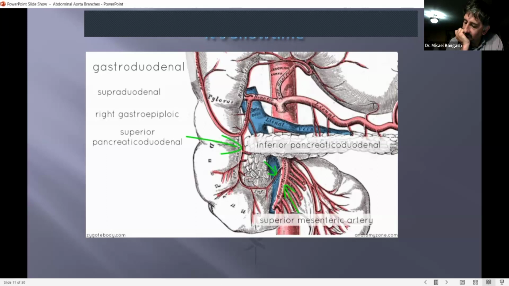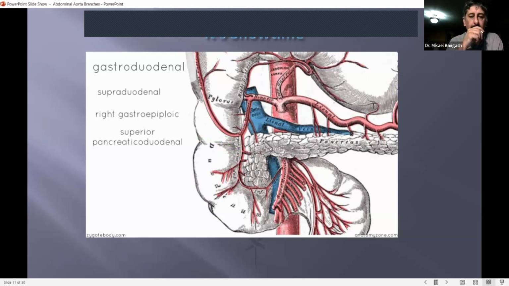Here we've got the anterior superior pancreatico-duodenal artery, because it lies anterior to the head of the pancreas. But the superior pancreatico-duodenal artery also gives off a posterior branch, which runs behind the pancreas, and then it joins up again with the inferior pancreatico-duodenal artery. Just to recap things, you've got the celiac trunk, then you've got the common hepatic artery, which